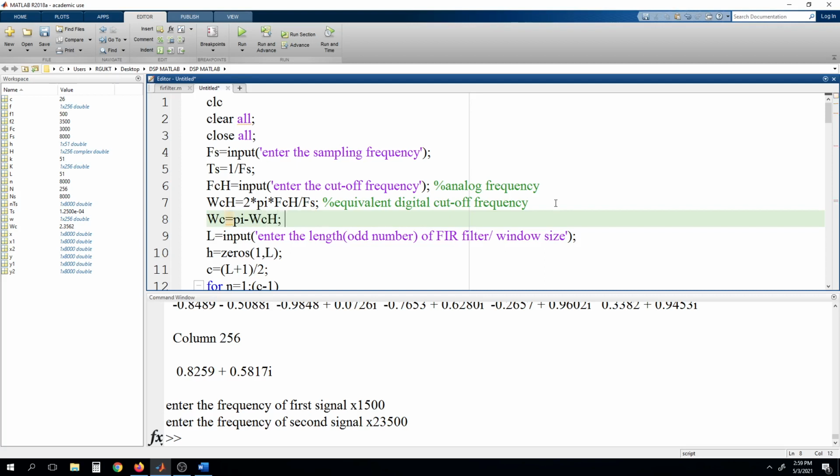This is the conversion of high pass filter to low pass. So this is the equivalent digital cutoff frequency for LPF, for the low pass filter, right?